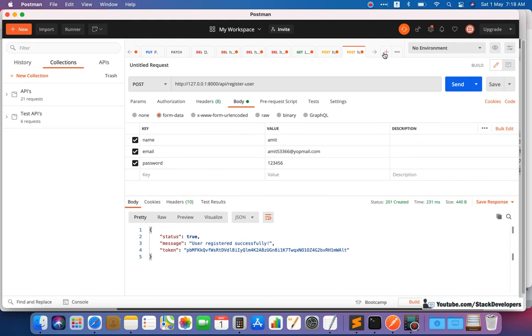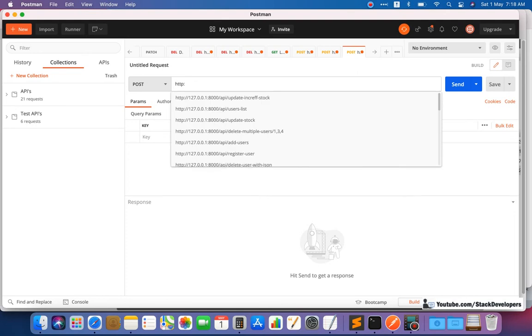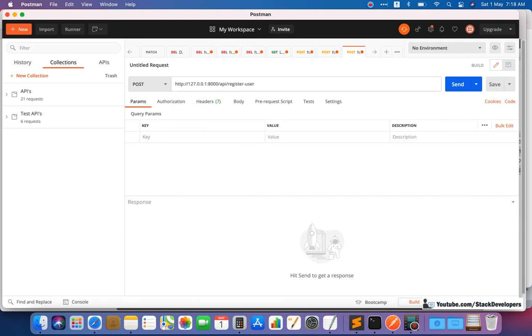Okay, so let's start. Here we will select post, and the API URL will be in the same way as we did there. HTTP, we can pick this one, the only change we need to make here is login user, like this. So we are going to make this kind of route in the api.php file.